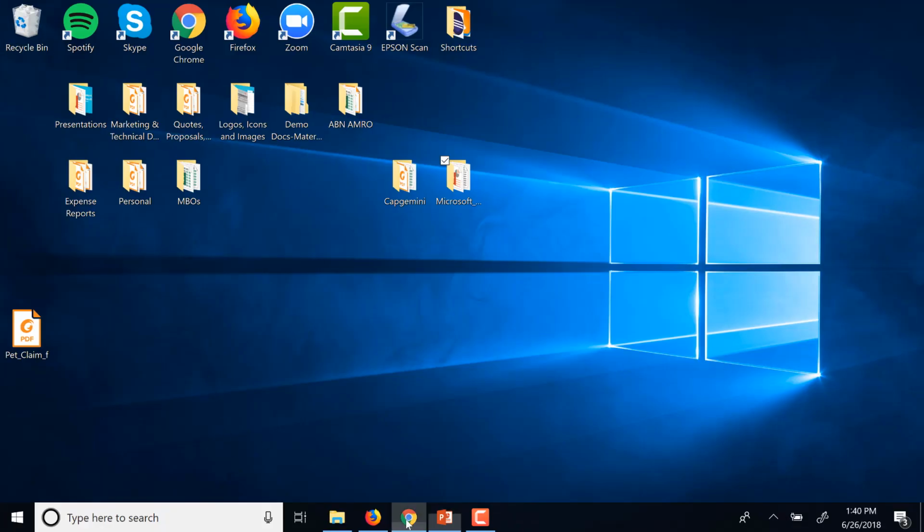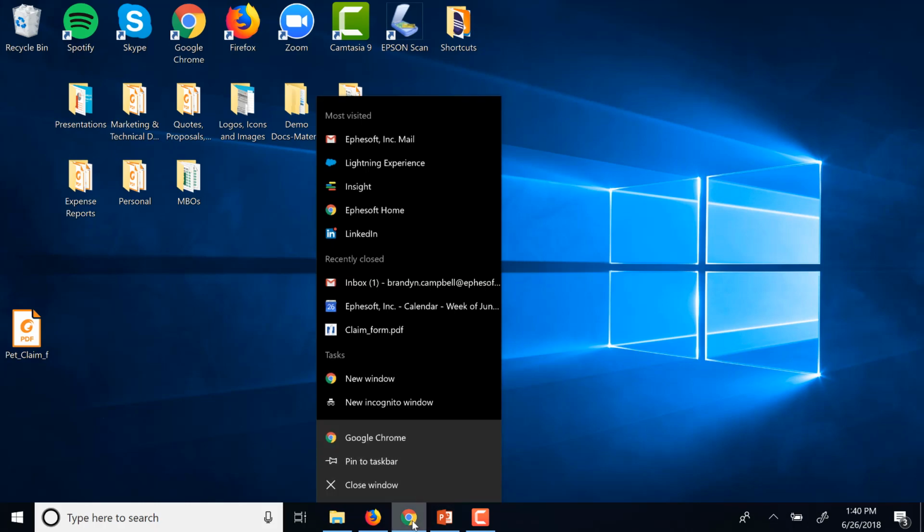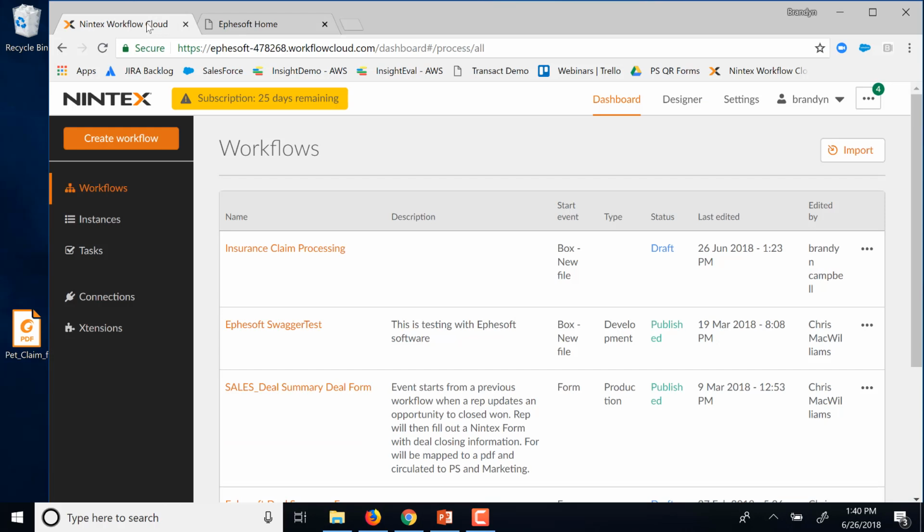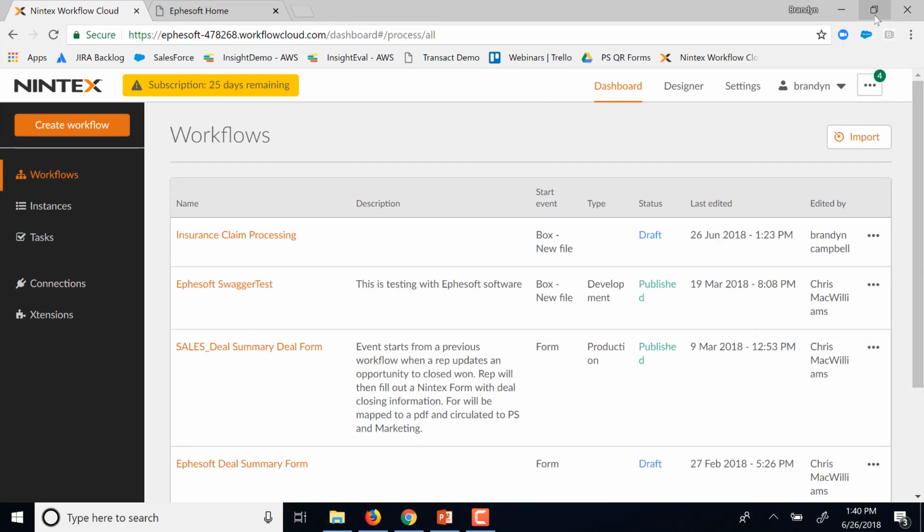So what I'm going to do is open up my browser here, and I'm going to open up the Nintex Workflow Cloud Dashboard. So let's take a look at the dashboard here. And in case you're unfamiliar with them, as a company, Nintex is a major Microsoft partner. I'm going to walk through a workflow in their process automation tool to showcase Ephesoft's interoperability with third-party applications along